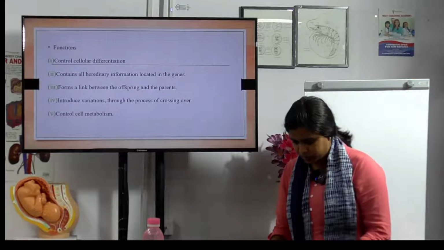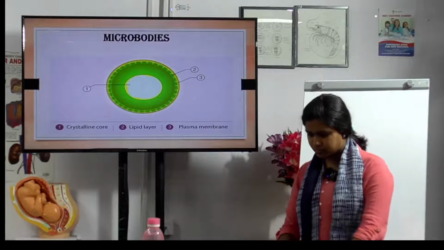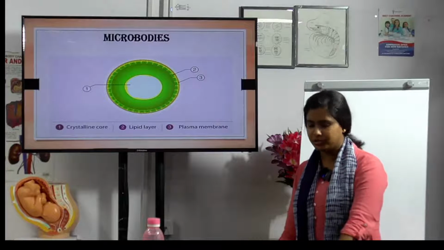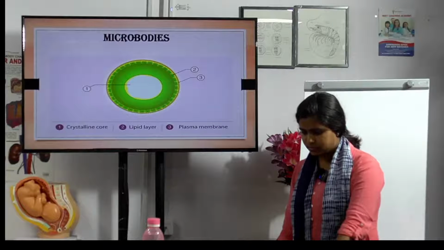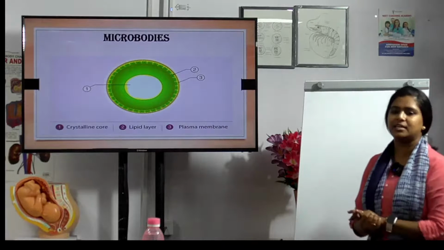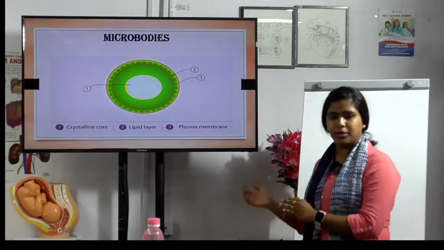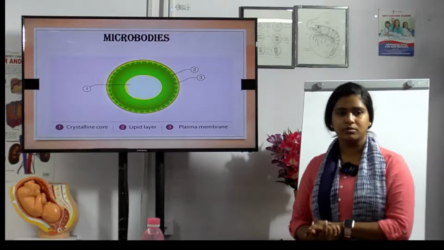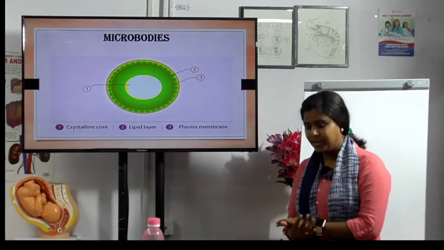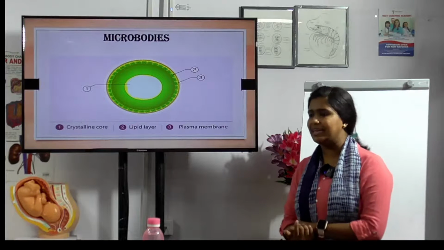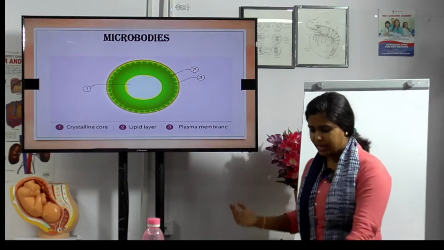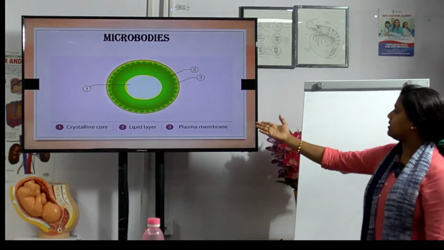And the next we are going to see is microbodies. What are microbodies? Small, minute structures. These are composed of enzymes. Where are microbodies present? In the cytoplasm. They are present in the liver, in the kidney, and also in protozoa, yeast and other types of cells. And there are three parts, one of which is the crystalline